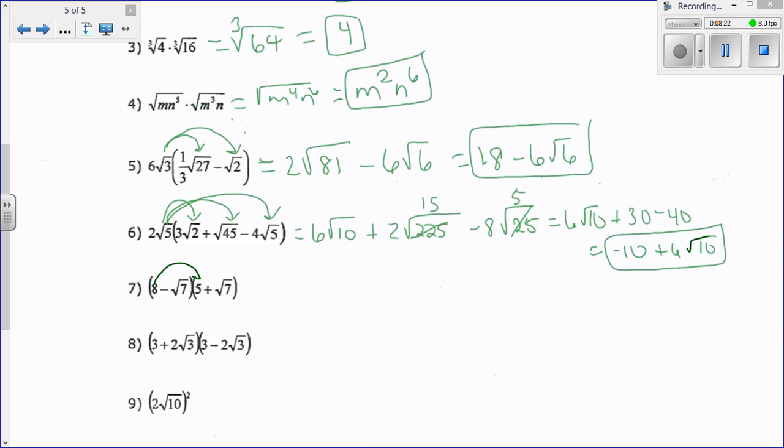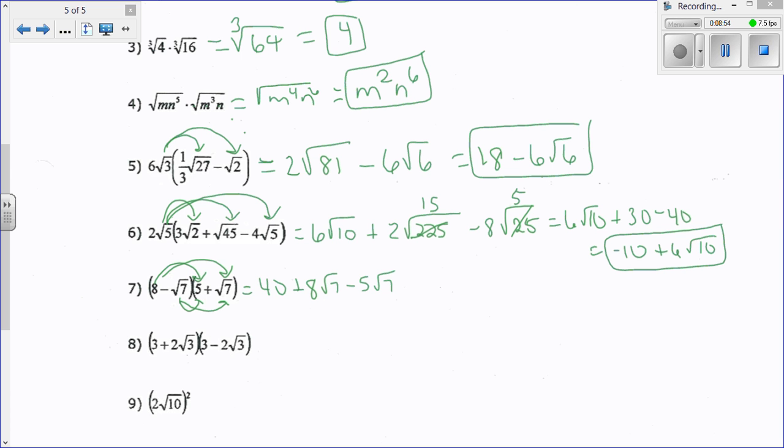So I multiply 8 times 5, and I get 40. And then I have to multiply 8 times radical 7, and that's just like multiplying 8 times x, and I'd get 8x. So in this case, I'd get plus 8 radical 7. Then I have to do negative radical 7 times 5, so it's minus 5 radical 7. And then negative radical 7 times positive radical 7